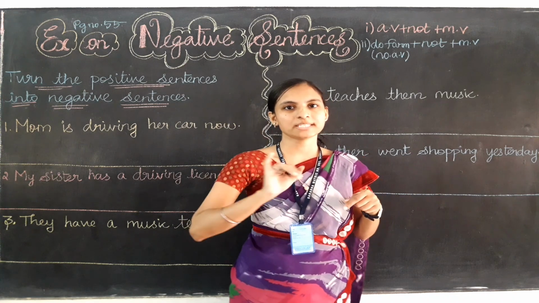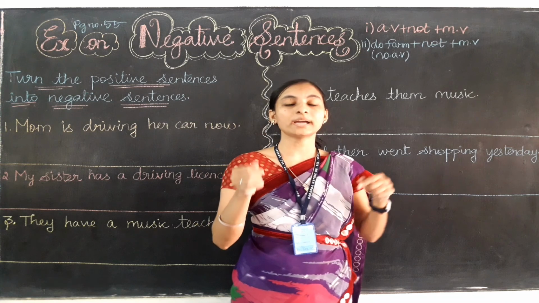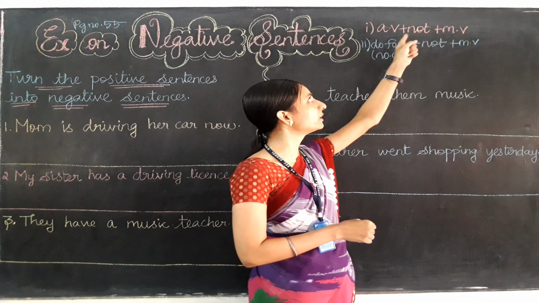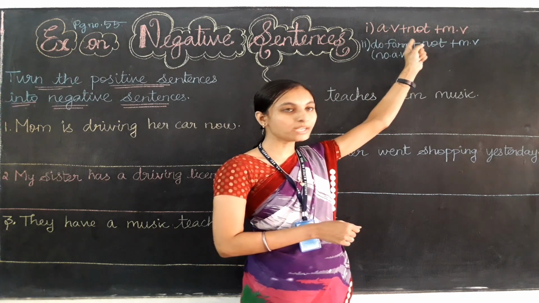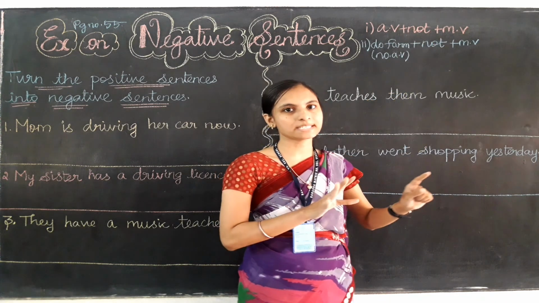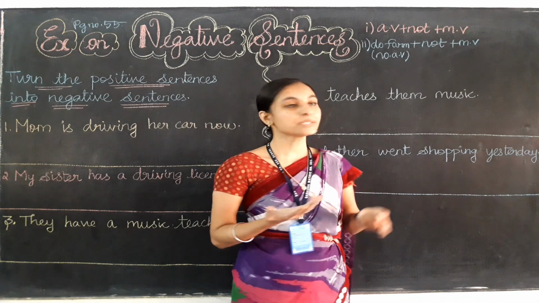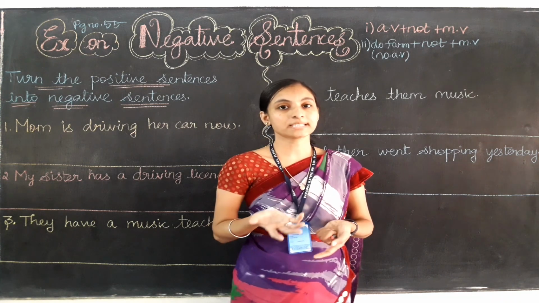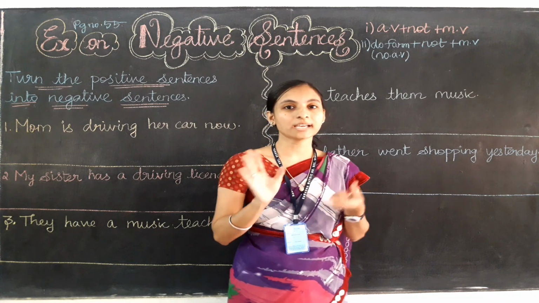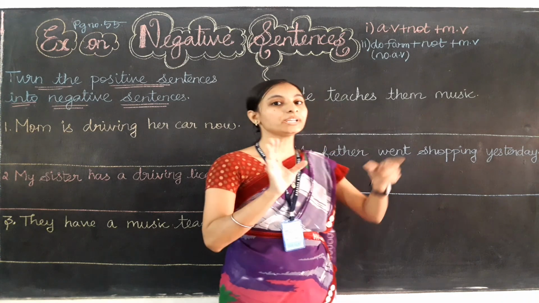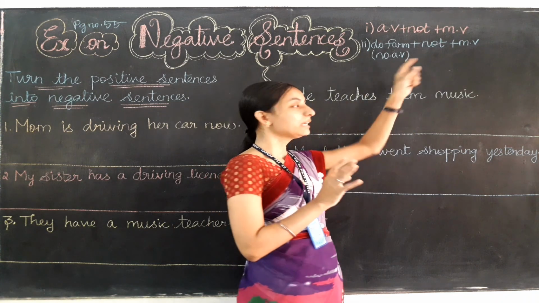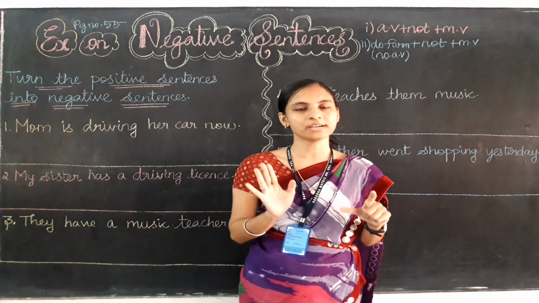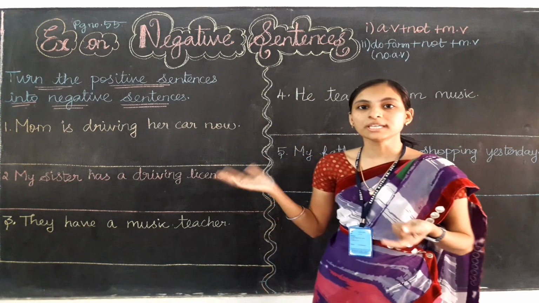Remember that when the sentence has an auxiliary verb and also the main verb, we can directly apply this rule: subject, after that auxiliary verb, after that we need to write not, and we write the main verb as it is without making any changes. Suppose a sentence doesn't have an auxiliary verb but has only the main verb, then we need to use do form verbs, and we need to use not and the main verb as it is. Remember children, are you clear with it? Yes. So now let's do the exercise.